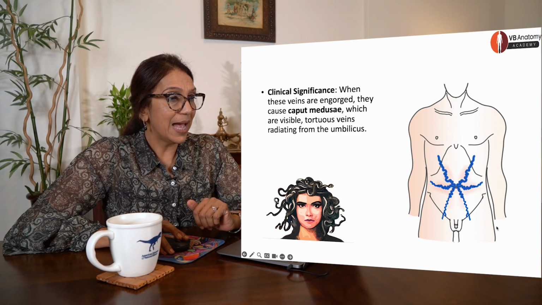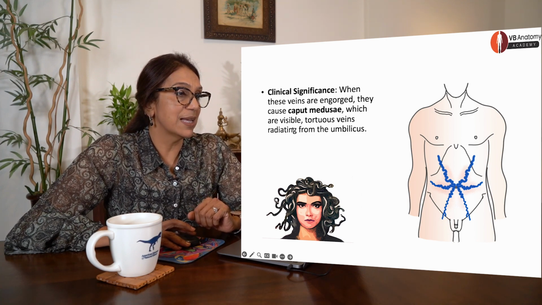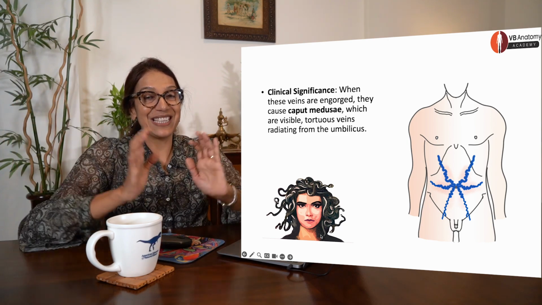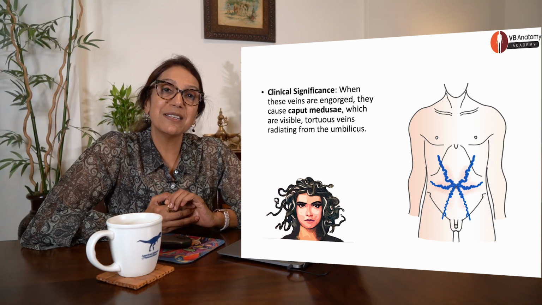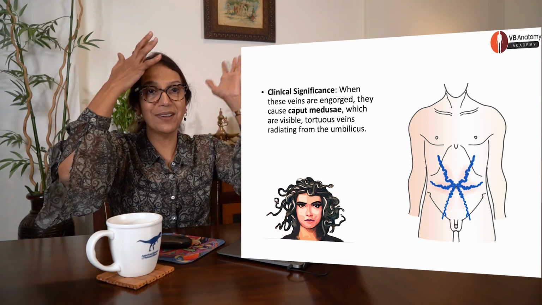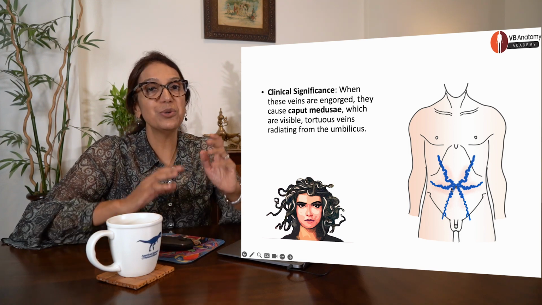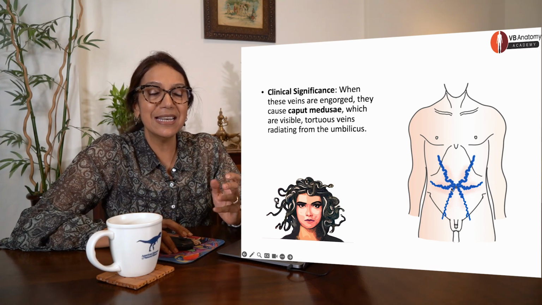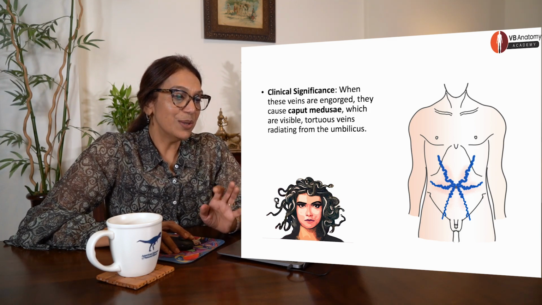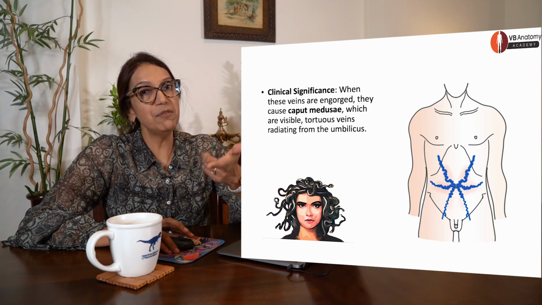Thus, this bypassing causes these veins to become very dilated and tortuous, and they can be seen on the patient's abdomen as this kind of tortuous veins, which are called the caput medusae appearance. Caput medusae appearance. Who was Medusa? Now the lecture is getting interesting, isn't it? I'm sure you know that there was this mythological creature called Medusa who instead of hair had snakes around her head. Right? So this is supposed to be somewhat similar to her appearance and hence it's called the caput medusae appearance. Right.